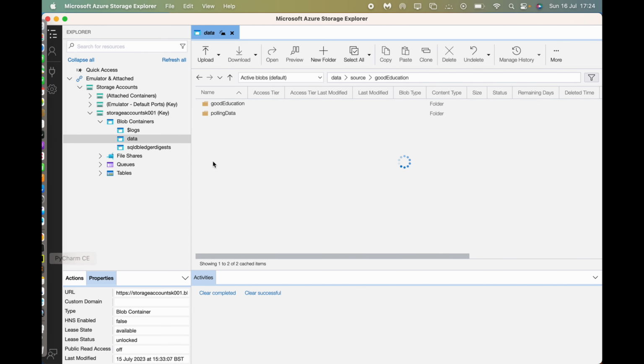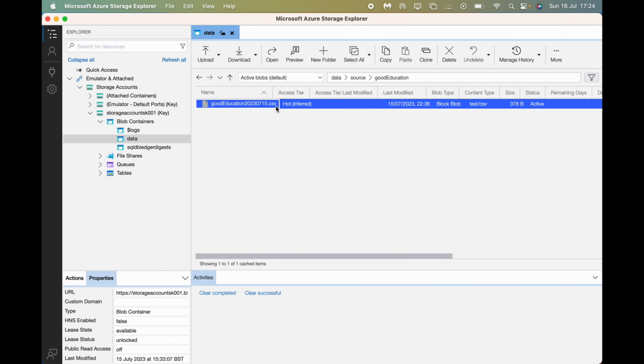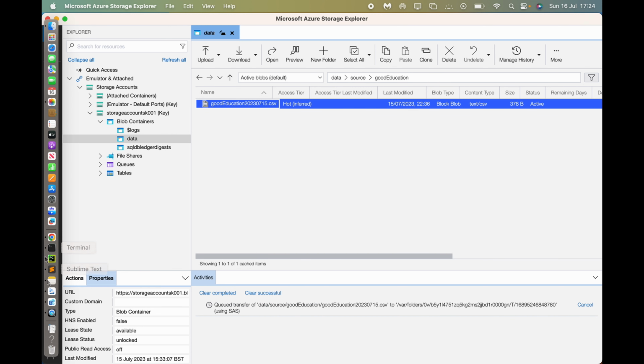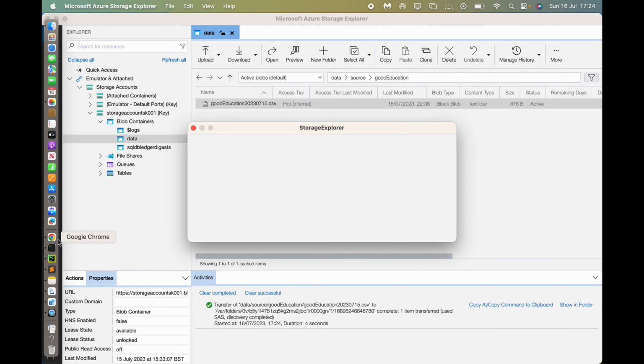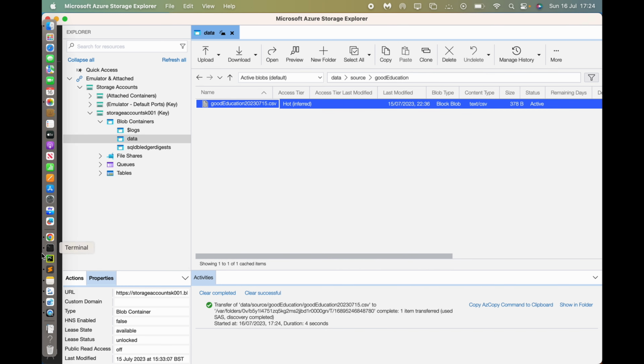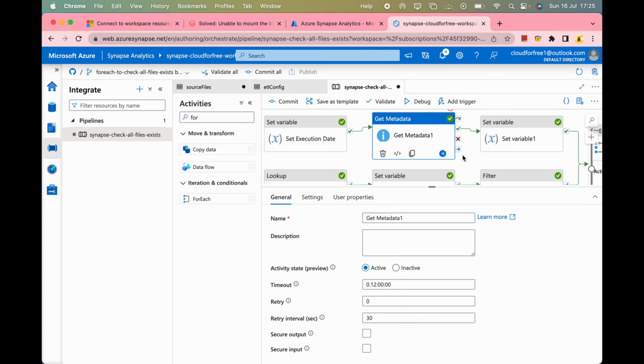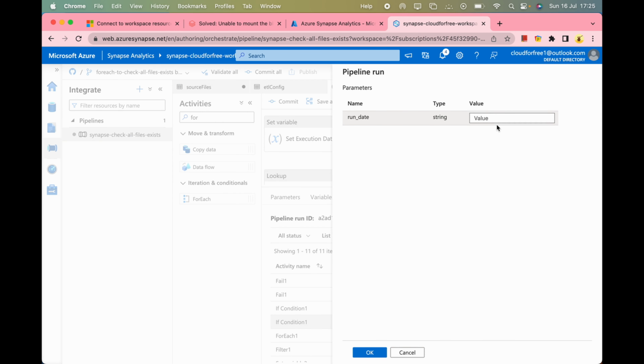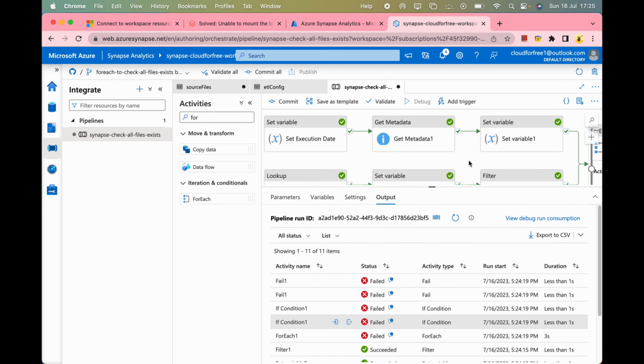So if I pass it with this date, it should succeed now. 2023.007.15. So if I pass this date,